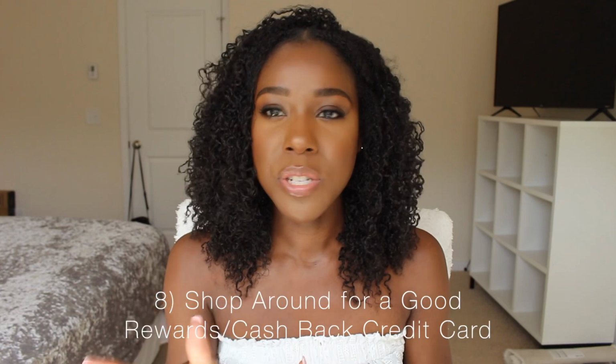So this is another tip. I don't know if it's exactly going to save you money month to month, but it can. If you are in the market right now to get a credit card, I highly suggest that you do your research. Don't just go with whatever offer is sent to you in the mail. Take some time, do your research, and get a very good rewards card or a cashback card,